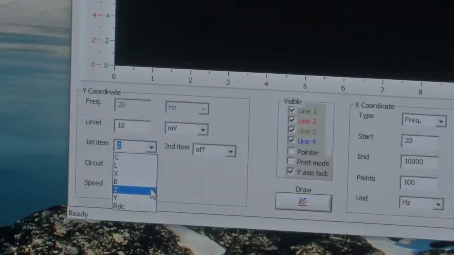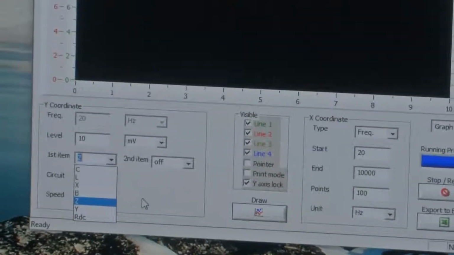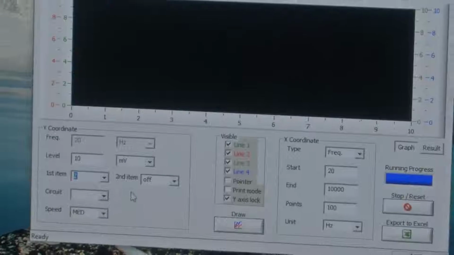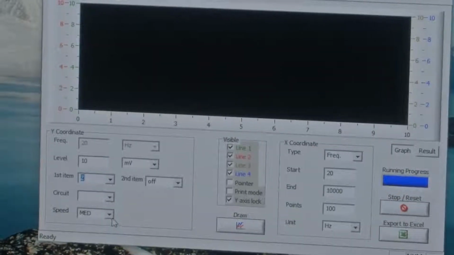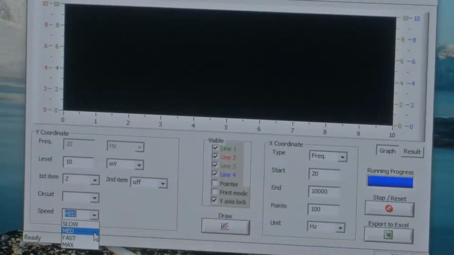It could be the capacitance, inductance, reactance, admittance, or the DC resistance. In our case, let it be the impedance. And then we have the speed. So at what rate the measurement has to be performed. If you require the measurement to be performed at a faster rate, you could choose fast. However, it could compromise on the accurate results which are obtained. So in order to get accurate results, keep it to medium,